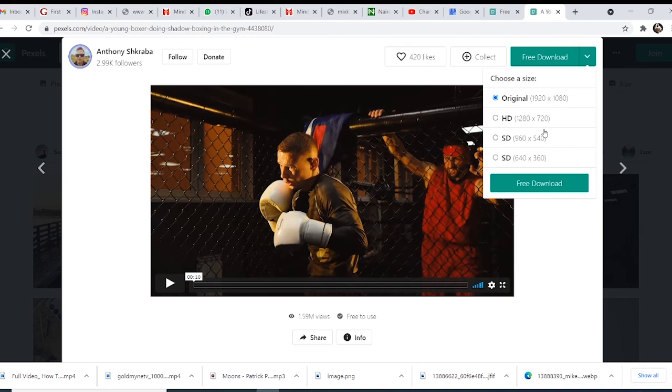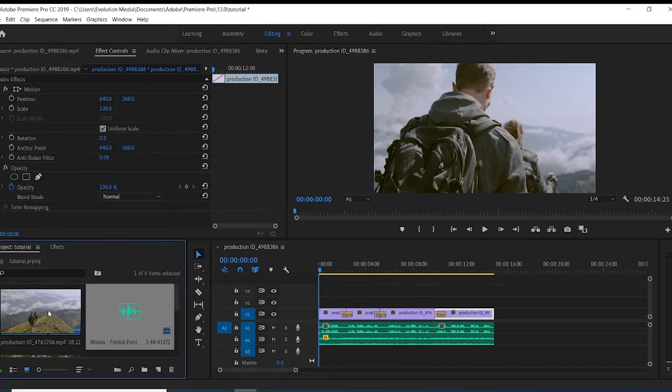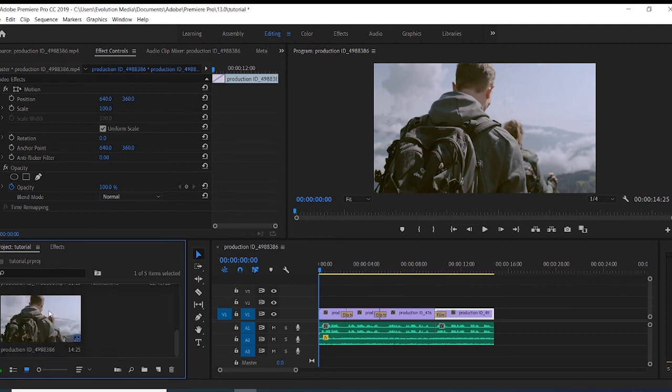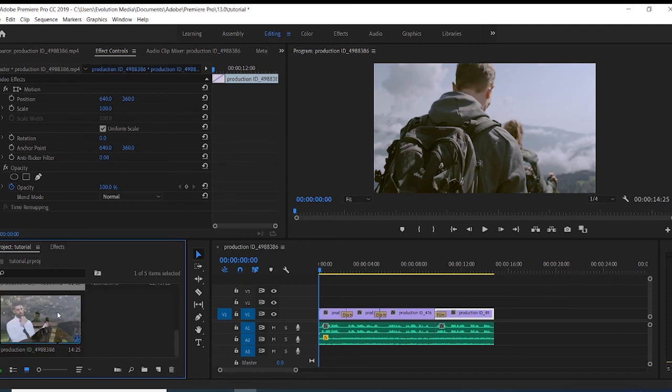When you create your sequence, if I come to the project here, when I use this video to create my sequence, it becomes two. So you can delete the one that is the video, but don't delete the sequence. The one that is the sequence, you will see this sign on the one you used to create the sequence, so you shouldn't delete that one. If you delete that one, it's going to delete everything that is here, including this sequence that you created, because it is this one that created the sequence.